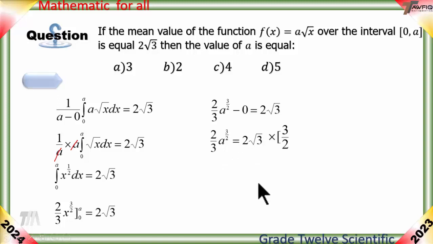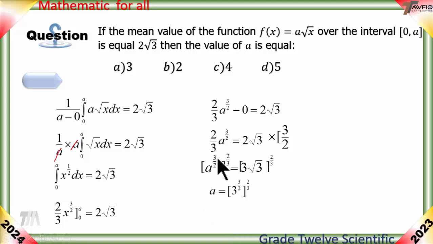Multiplying both sides by 3 over 2 to cancel 2 over 3, it becomes a to the power 3 over 2 equals 3 over 2 times the square root of 3. Then taking the power of 2 over 3 to cancel this power on both sides,